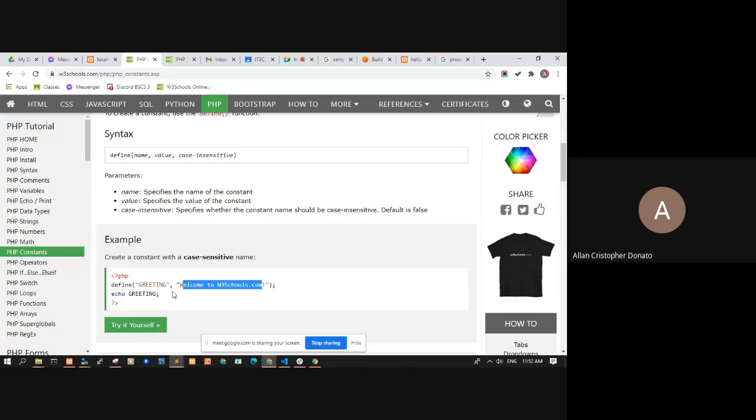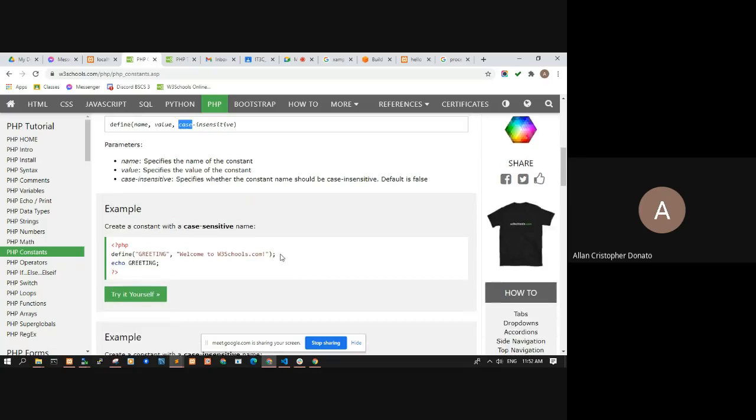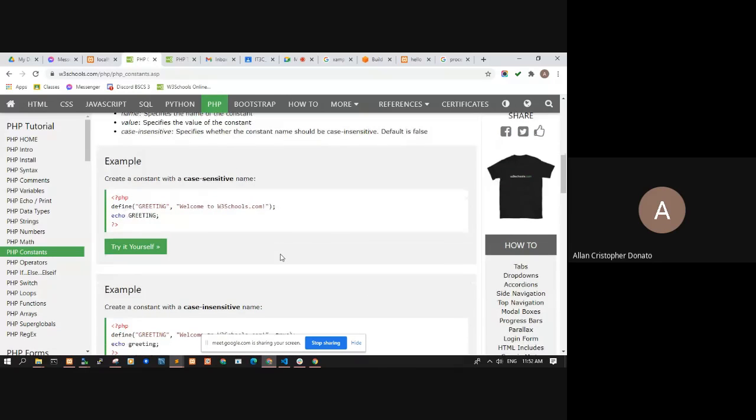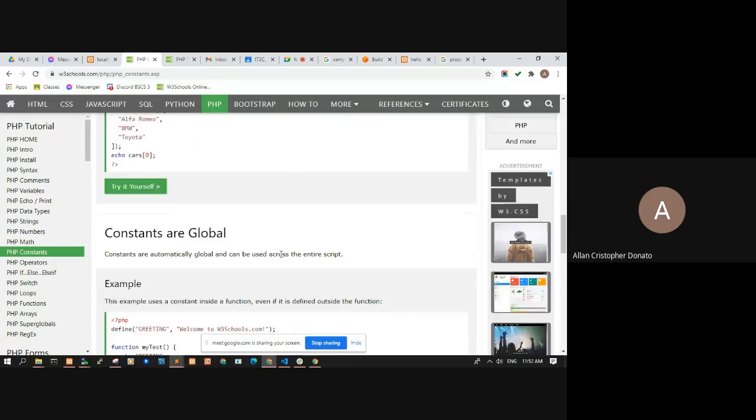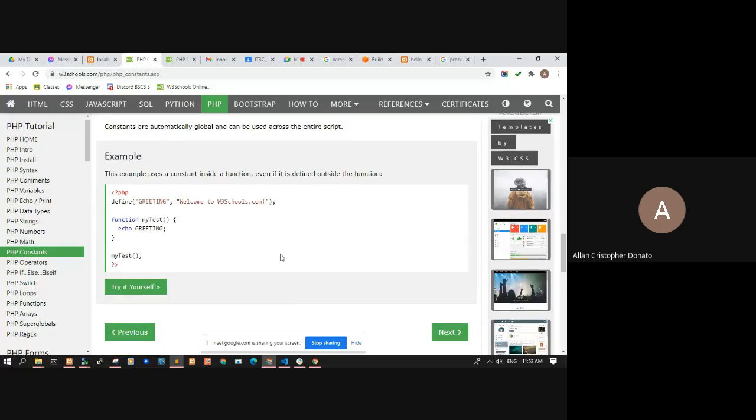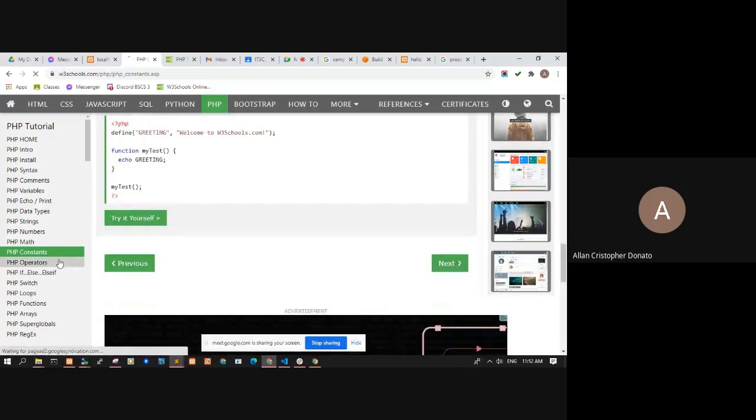Whenever you define a constant, it is case sensitive, unless you specify the third parameter as true to make it case insensitive. Okay, once you define a constant, it will be available throughout the document. You can also create constant arrays or, ayan, globals.